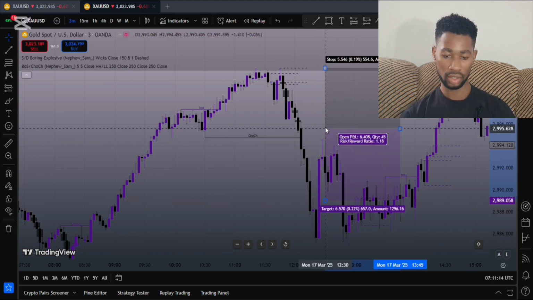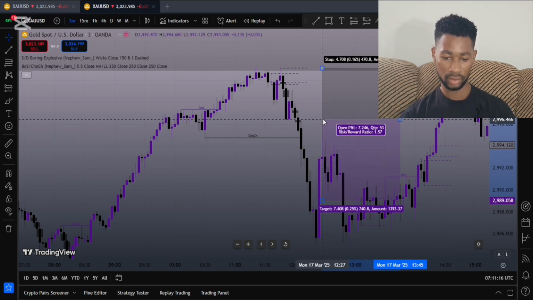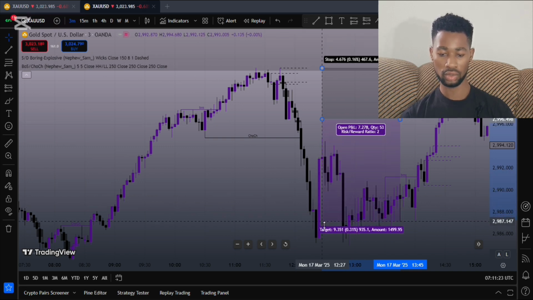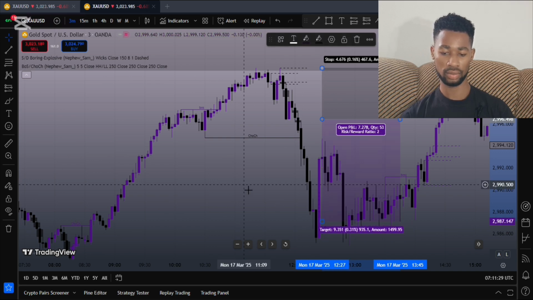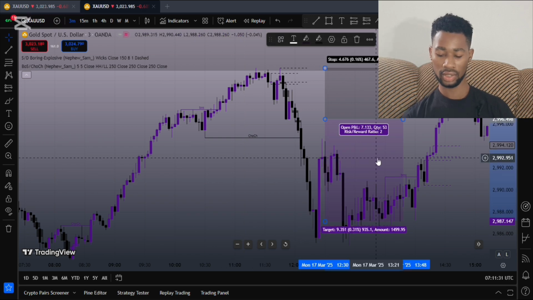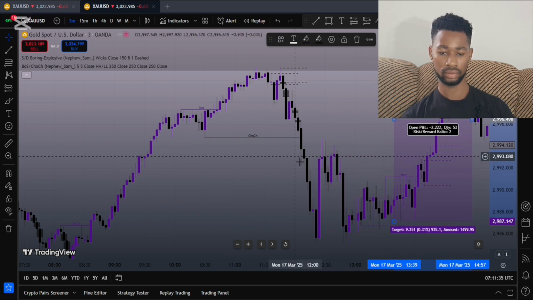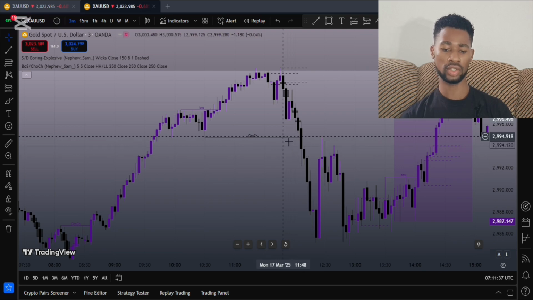So we have an entry like this, stop loss at this highest point here, and we are targeting a 1 to 2 risk to reward ratio at the very minimum. So let's see how this trade played out. So now you can see the trade came like this,